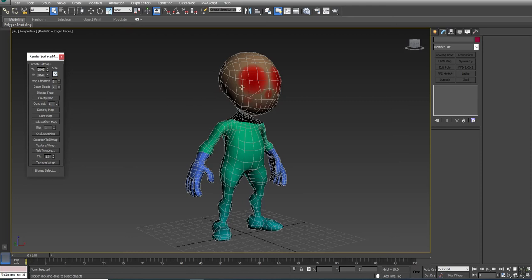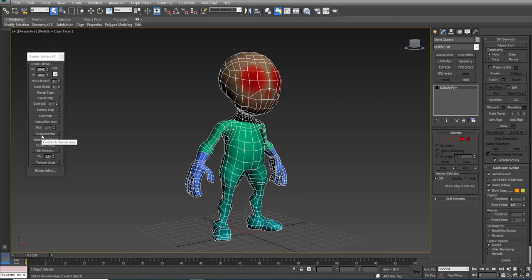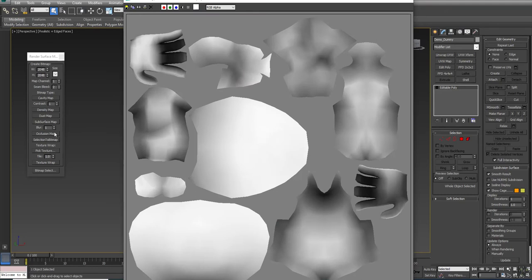And so just to show you how this works, you click on your character, click on the button, and then it renders out a map. And so this is an occlusion map. This is based on the broad flat surfaces getting lots of light. The little nooks and crannies get darker because not as much light gets into them. All right, so you can see the head here gets a lot, torso gets some, and in between the fingers